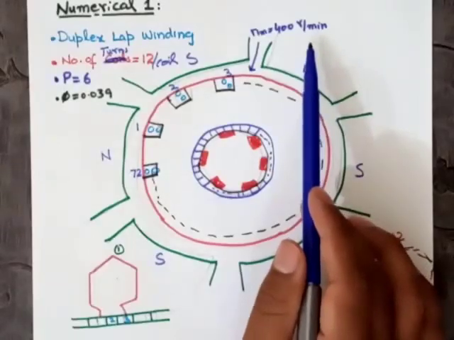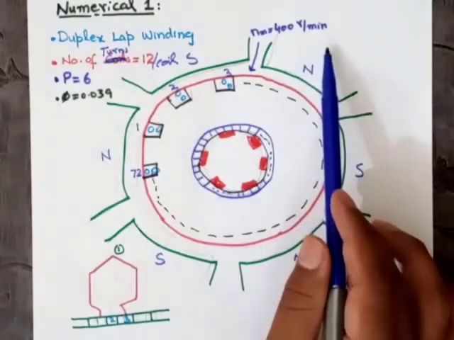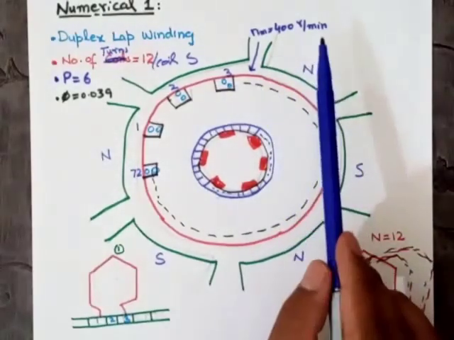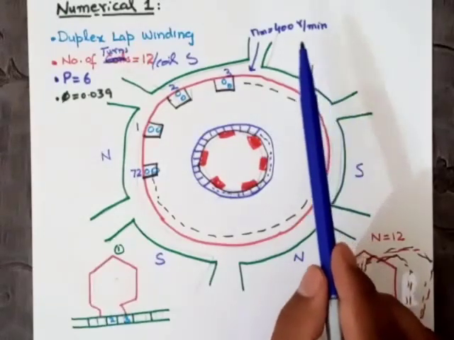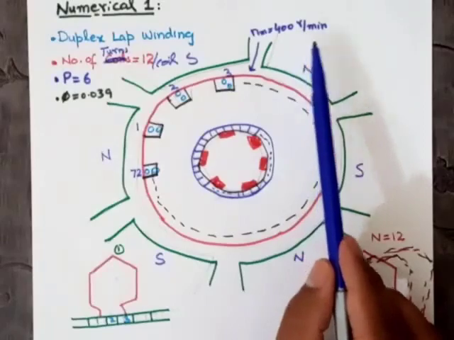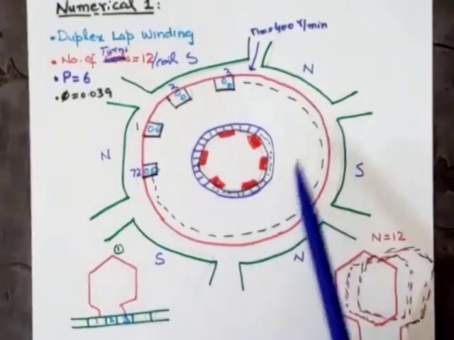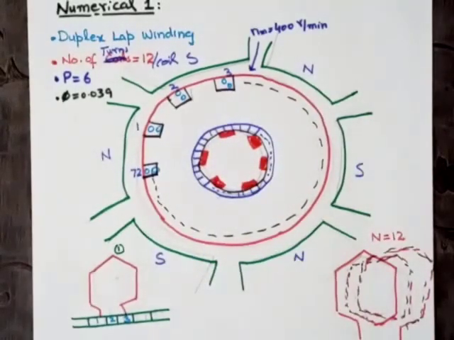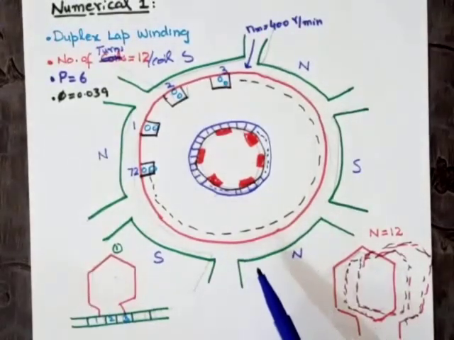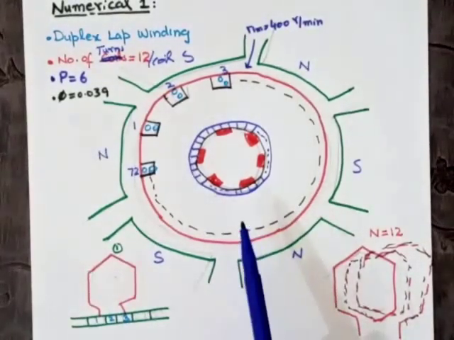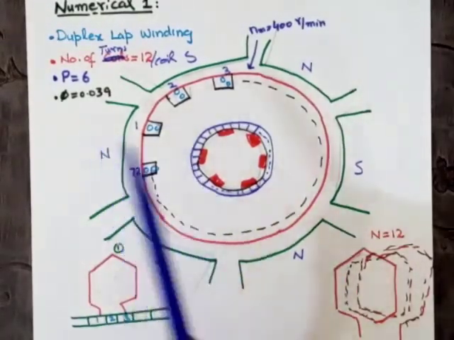per minute. The speed of rotation of the rotor is 400 revolutions per minute. It means the speed is given here in revolutions per minute instead of radians per second. 400 times in 1 minute the rotor will cover 360 degrees. These are the given parameters. The diagram is not given. I have just drawn it here to understand the given data completely.